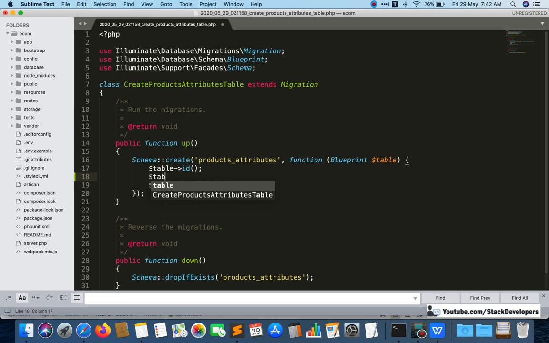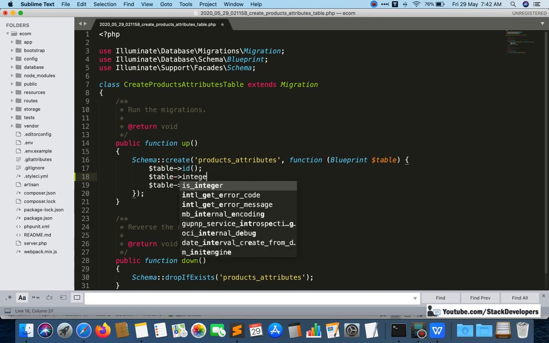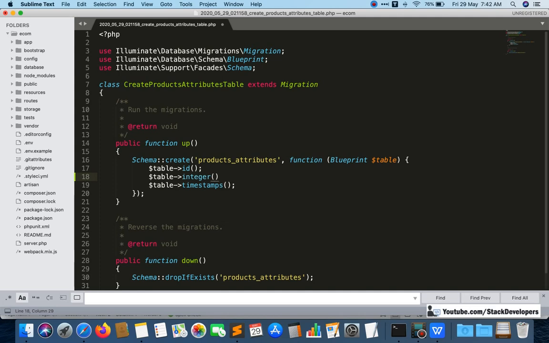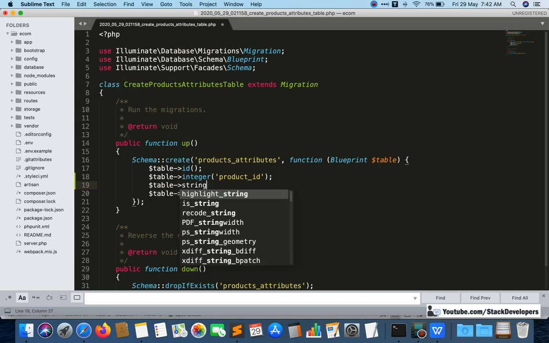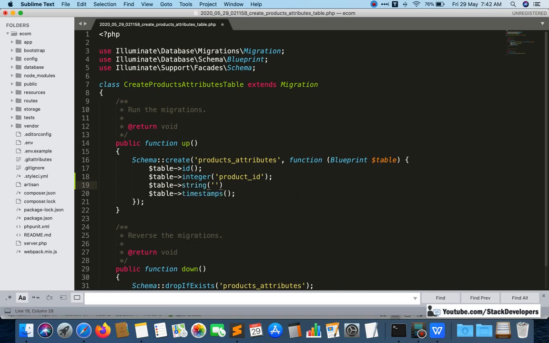First column is where we are going to save the product ID, for which product we are going to create the attributes. So product ID is required here. After that we require some string, some varchar columns, so we will add string here.